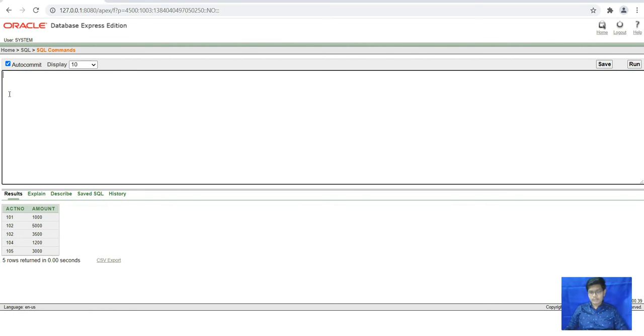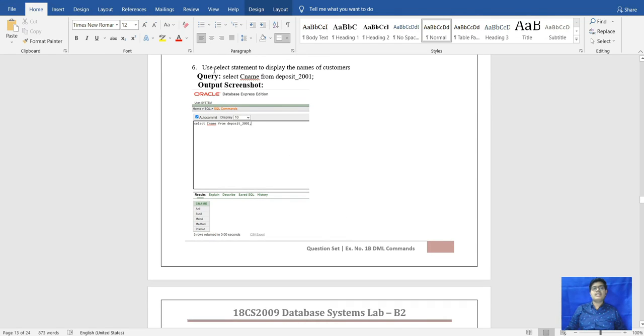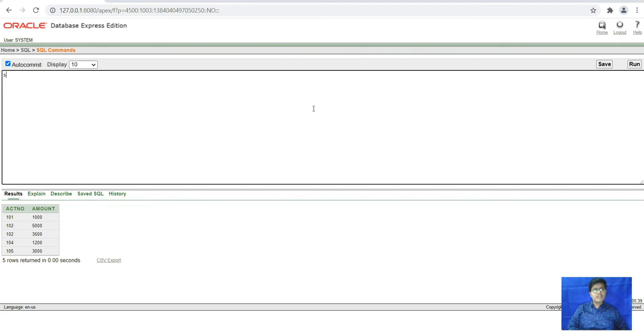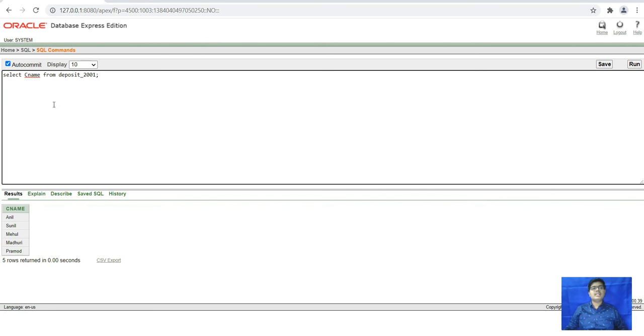After that we will move to the next question, that is using select we have to display the names of customer. Only the customer we have to show. Select. So after that when we run here we will get only the customer's name that are present in the table.